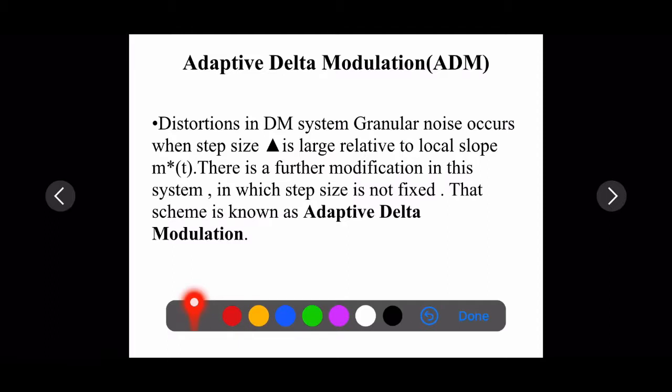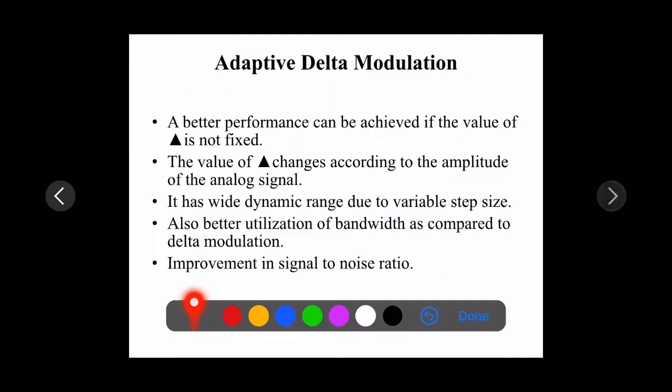To overcome that, we have the scheme called adaptive delta modulation. In adaptive delta modulation, better performance can be achieved if the value of delta is not fixed. In delta modulation the step size is fixed at a small size, but in adaptive delta modulation we can achieve better performance if the delta value is not fixed.